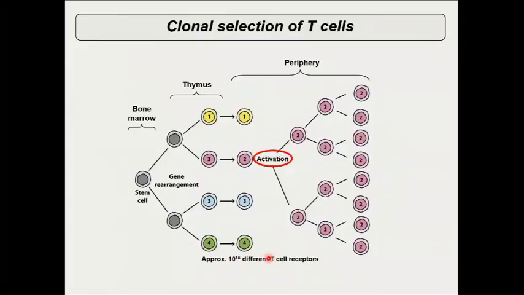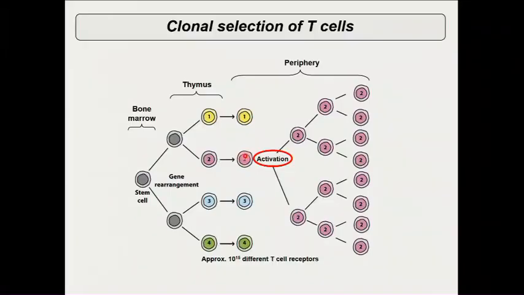This is a random process. And you have lots of these cells that have all different T cell receptors, but they all come in very small copy number. You may have just a single cell. And if that cell, by just the odd chance, has a T cell receptor that binds to a virus, then this cell gets really excited and it gets support from other cells, the T helper cells, and then it is allowed to multiply. And then you make lots of cells of the one you basically randomly made with the fitting T cell receptor. So the equivalent is to defend yourself with a shotgun and you constantly shoot in all